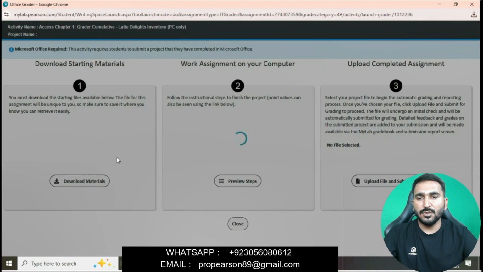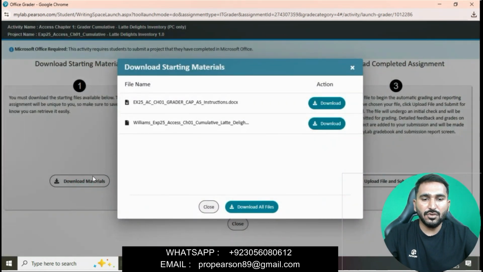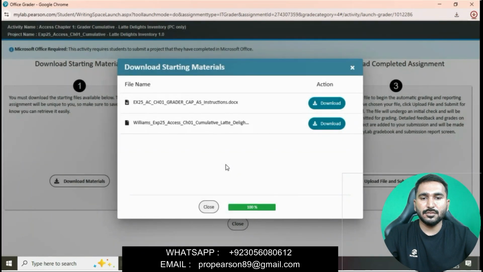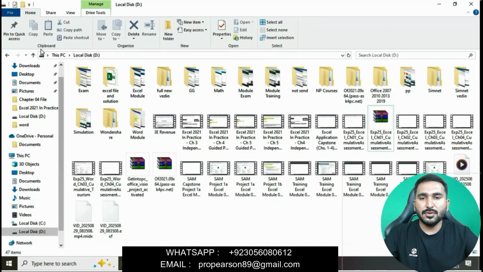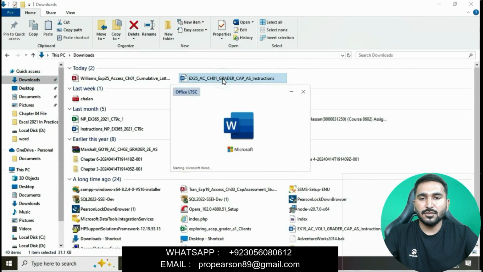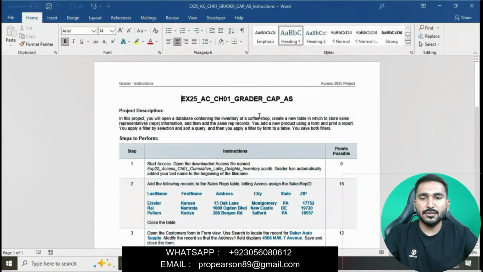Download materials, click on download all files. We will go to our PC folder, downloads, and go to enable editing.